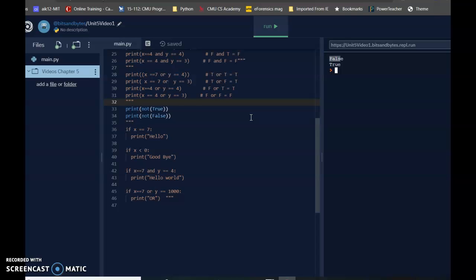Okay, so again, your three logical operators, ands, ors, and nots. These are what you call truth tables. You need to know the truth tables. When are two Boolean expressions using an or true, and when are two Boolean expressions true using an and. Okay, so let's take a look